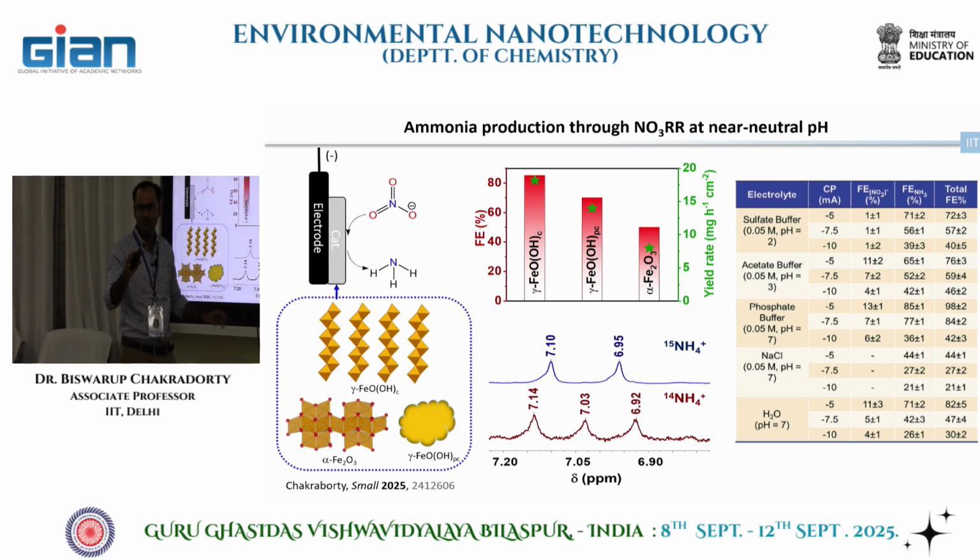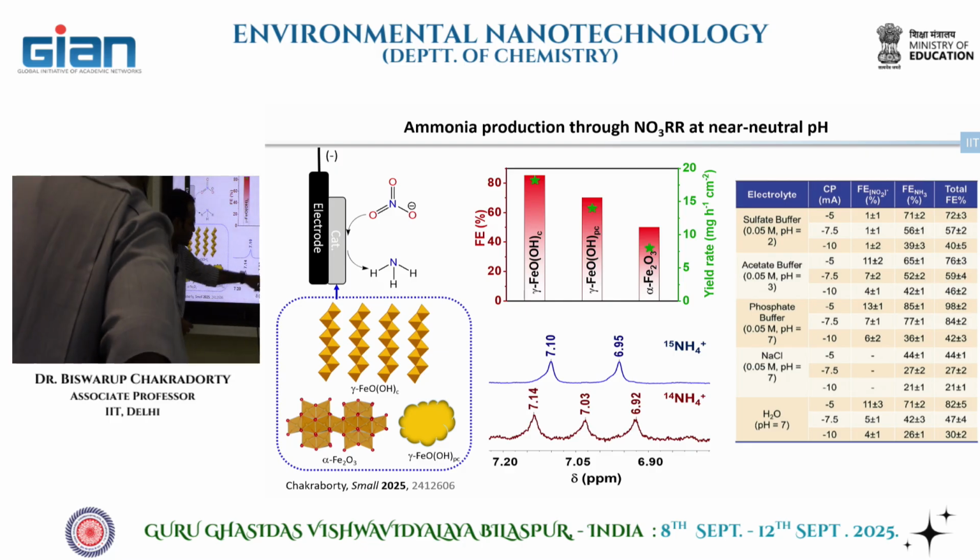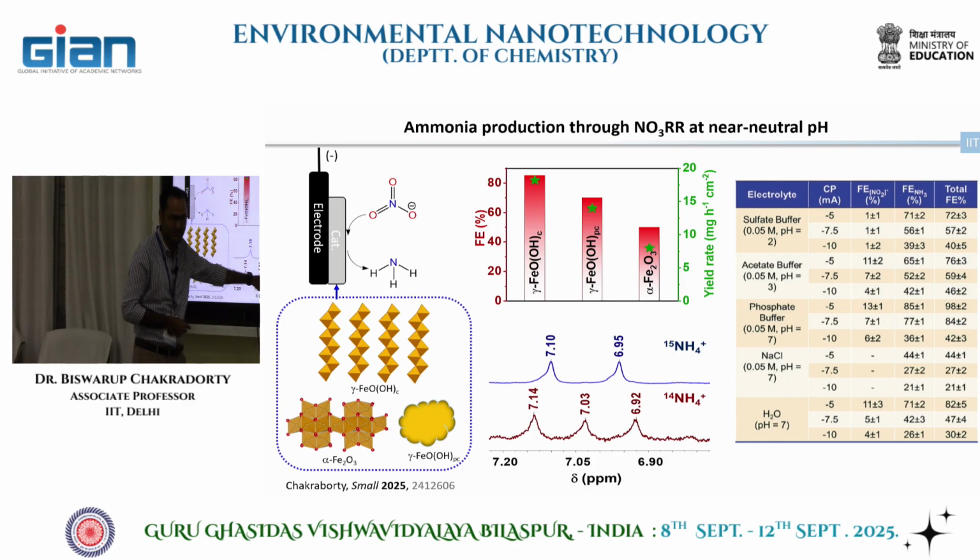Okay, some of you, if you are PhD students, must be encountering this kind of proton NMR, I assume. So once you have 14 nitrogen in your ammonia, it gives you splitting of these 3 peaks. That is because of the 14 isotope. Once